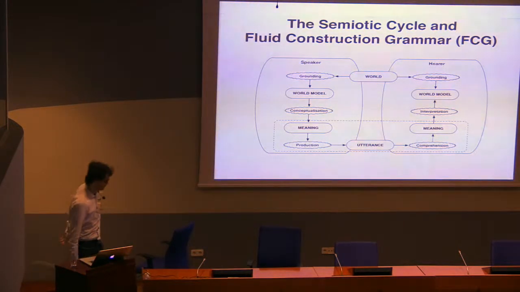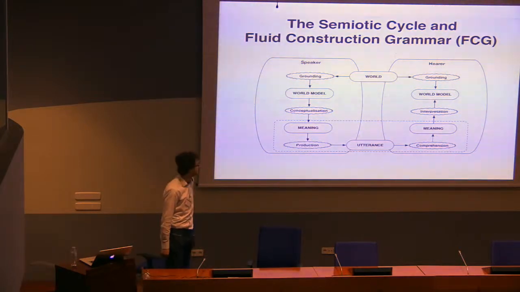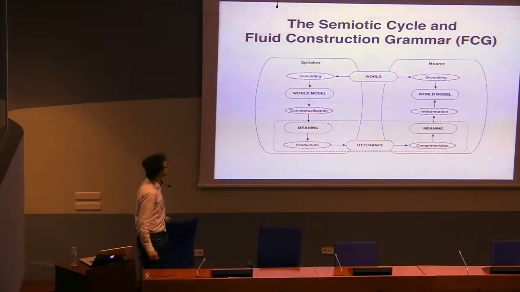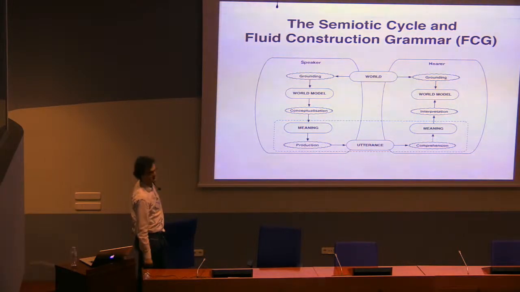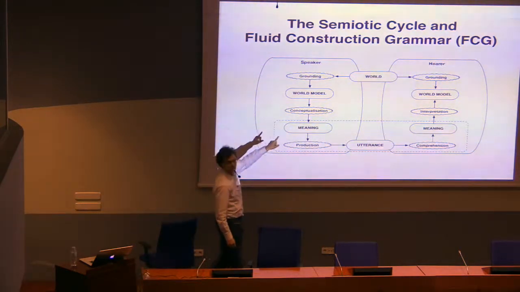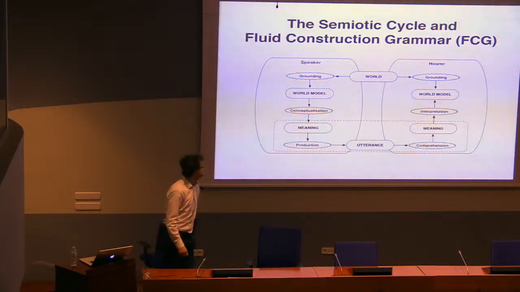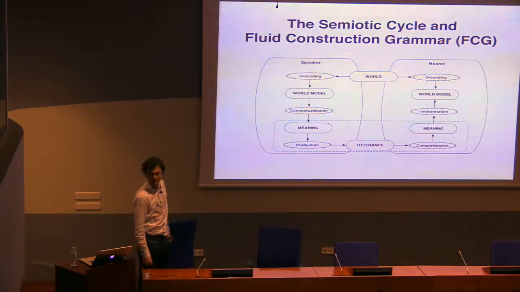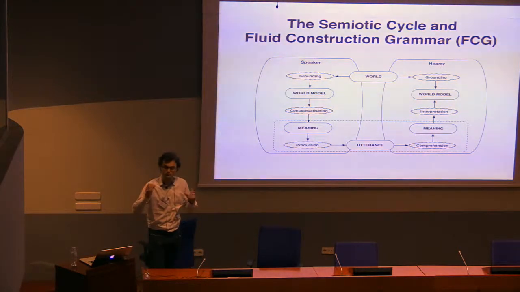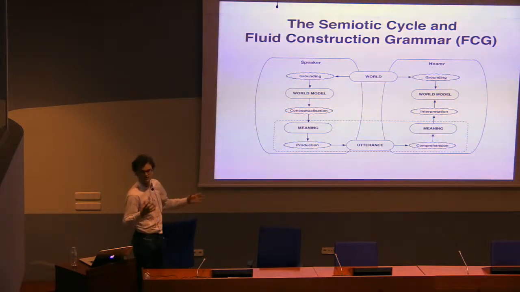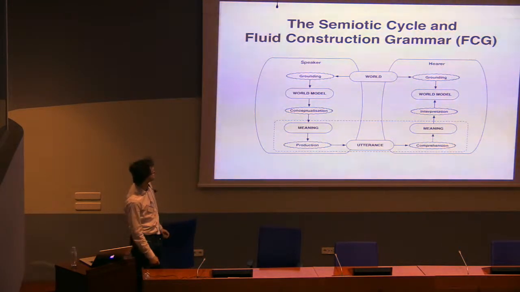So let us first have a look at how communication in robots is normally implemented. Luc showed a little bit of this, but we call this a semiotic cycle, and this is the whole cycle through which the agents go. So let's start at the world. The world is the physical world in which the population of agents is located. So this is shared, of course, between all agents. And the agents, through their sensory motor system, each make up their world model. It's the physical world as perceived by the agents, so it's from the perspective of each agent. It's different for each agent.